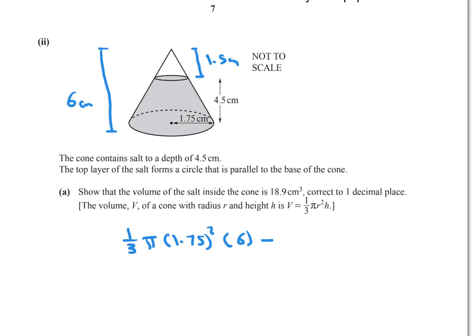Because the small cone is similar to the big one, the sides are proportional. So this means R1 over R2 equals height 1 over height 2. So if we consider this R1, R1 over 1.75 equals the height of the small cone, which is 1.5, over the height of the big cone, which is 6. Now cross multiply. So R1 equals